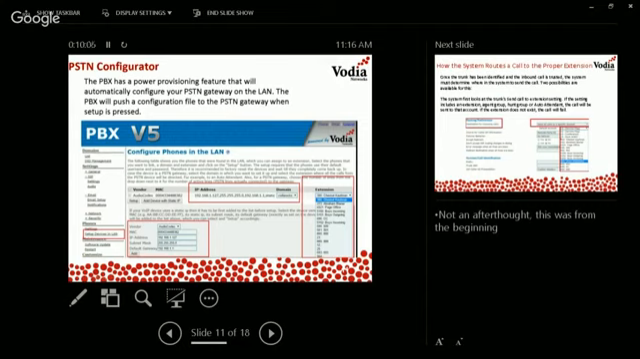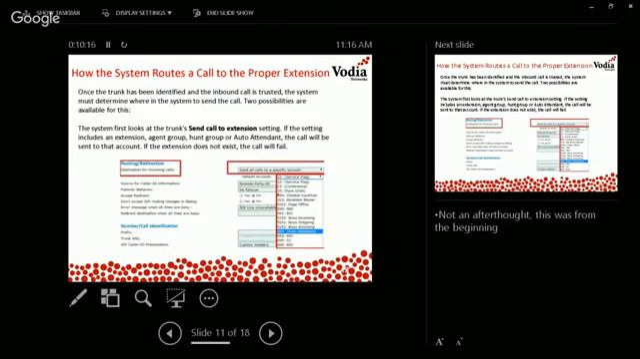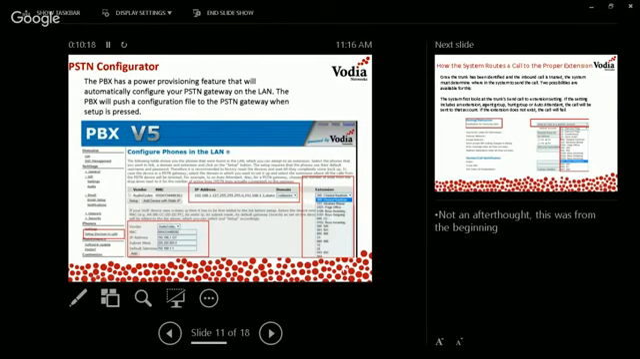PSTN configurator. The PBX has a provisioning feature that will automatically configure your PSTN, as I mentioned. The PBX will push the configuration file to the PSTN gateway when setup is pressed. So this is another feature that we have. If your device is on the LAN,